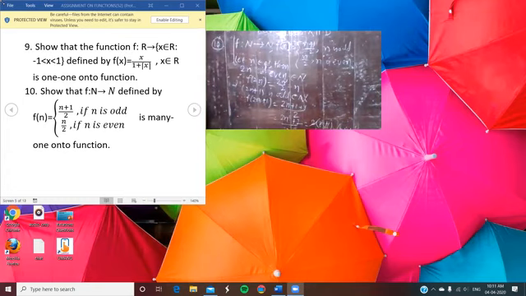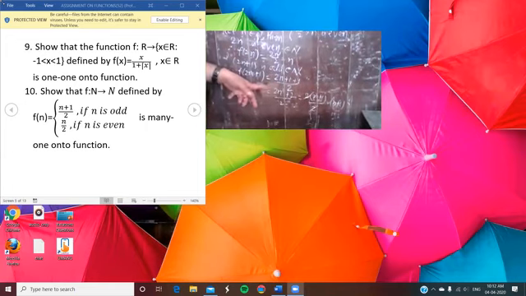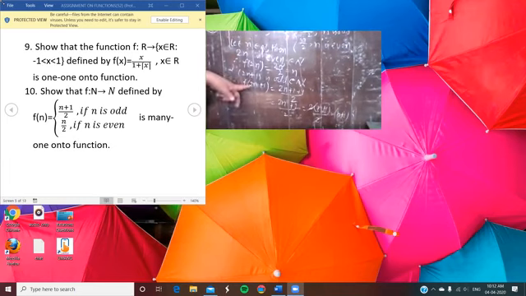So n plus 1. Here you see that for each of the even and odd natural numbers, you have again a natural number which belongs to the codomain. So you can say that the function f is an onto function. So write it here, if you want to complete the sentence. Just wait.